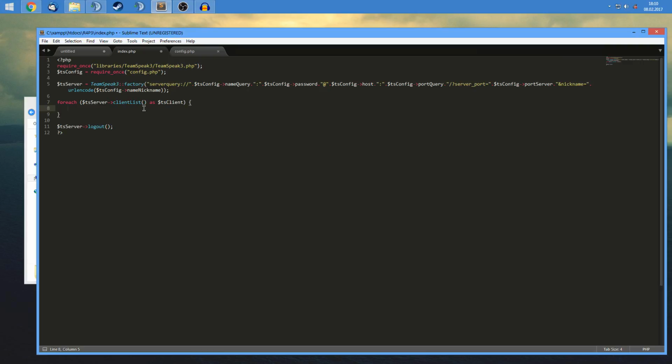So in order to do that, create an if statement and simply check if client, which is the current client, which is TS client in our case, getInfo, which is a function which gives us an array with a lot of information about that client, and then client_type equals 0, or we can basically just check if it's a usual client. So if it's a usual client,